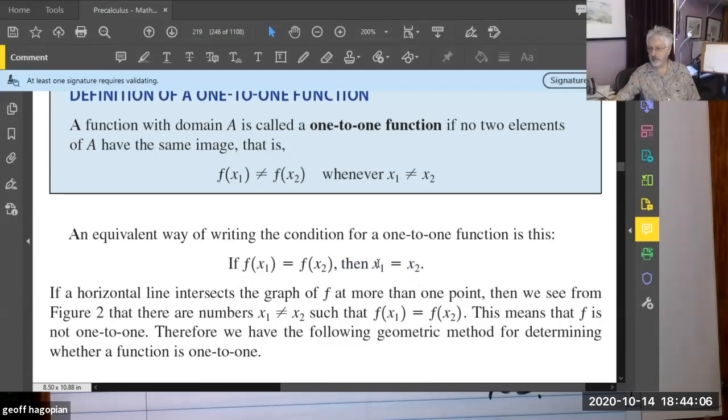Certainly, if the inputs are equal, then the outputs are equal because it's a function. But we can go further with a one-to-one function and say: if the outputs are equal, then the inputs are equal. And